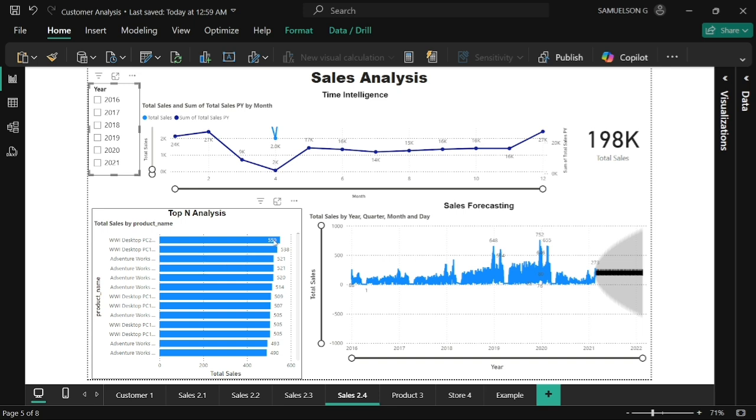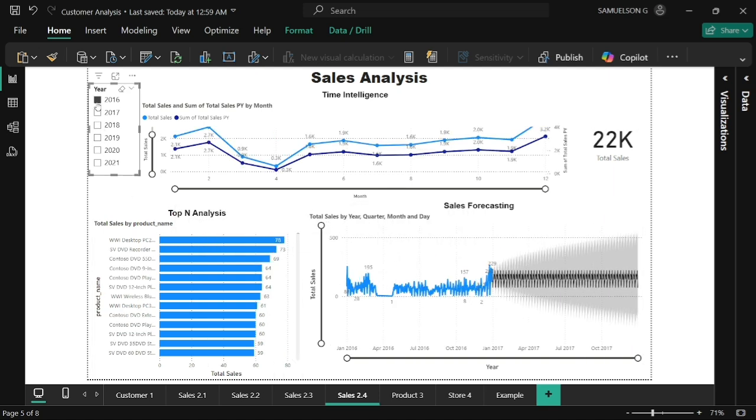Till now means 2021. You can guess, right? This much products sold in this desktop, 550 desktops they sold. We can see year basis also. In year basis also desktop is going